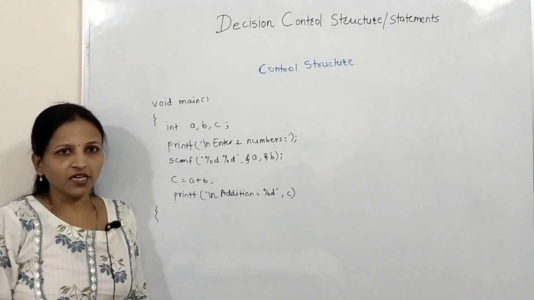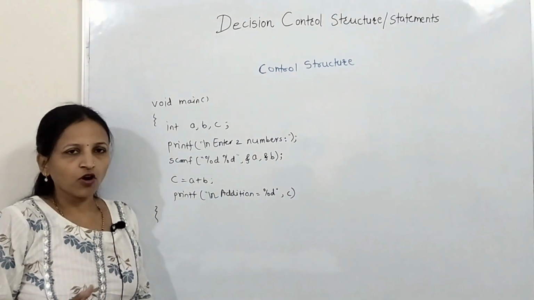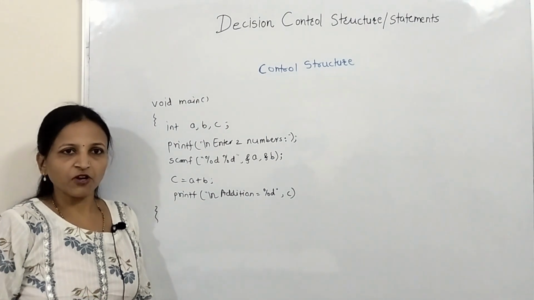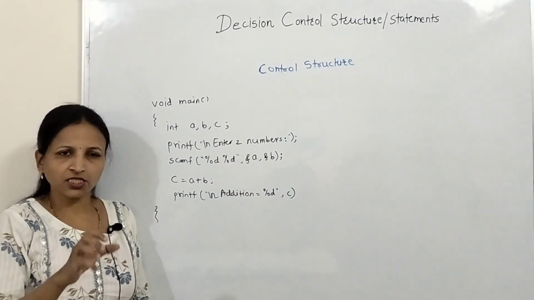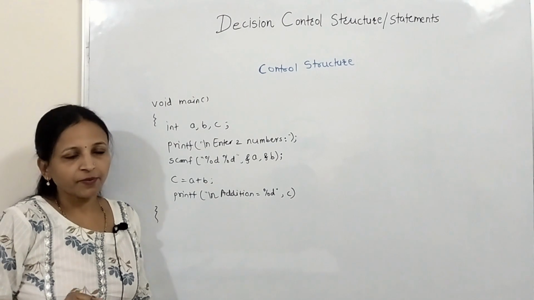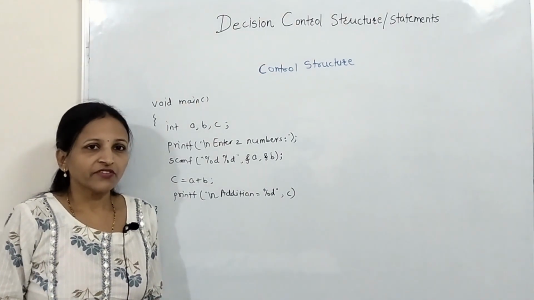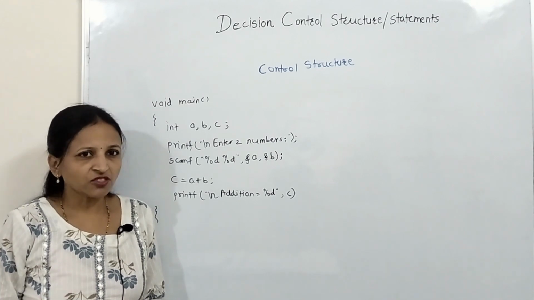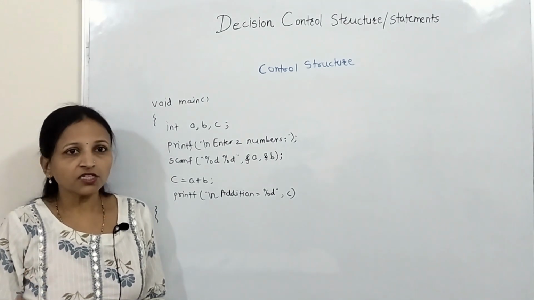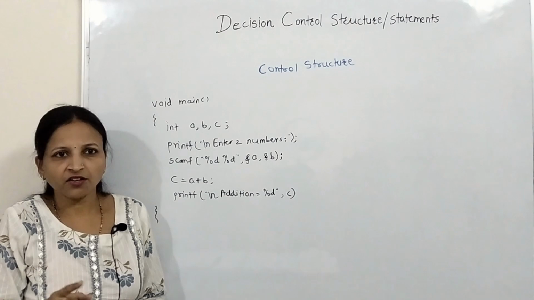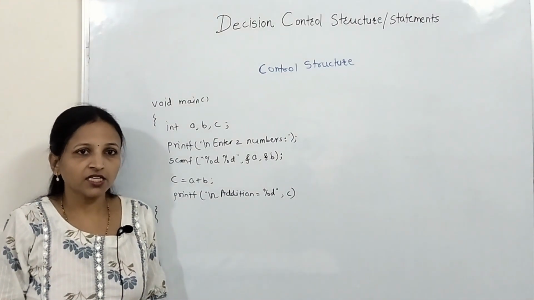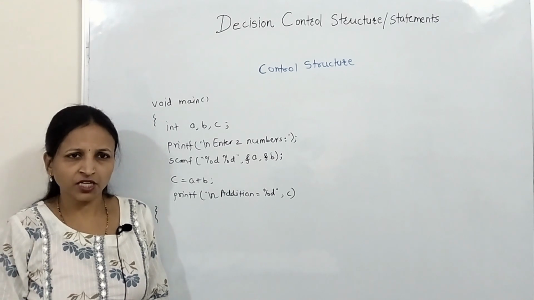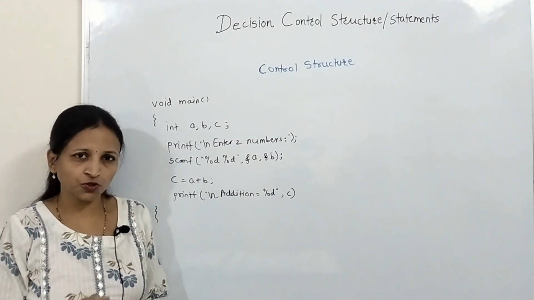Consider one example. Suppose I want to create a website. Suppose there is one website application, and in that there is a login page. First the user will enter a username, then a password. If that username and password are correct, then only the home page should get displayed. If not correct, it should display a message like incorrect user ID or incorrect password. The application should work in that way.